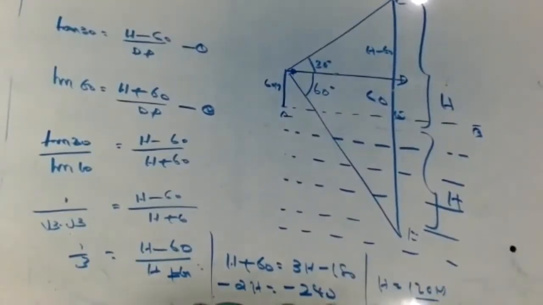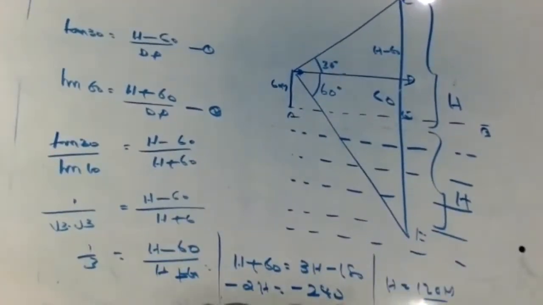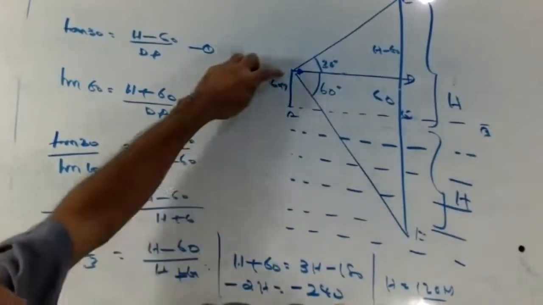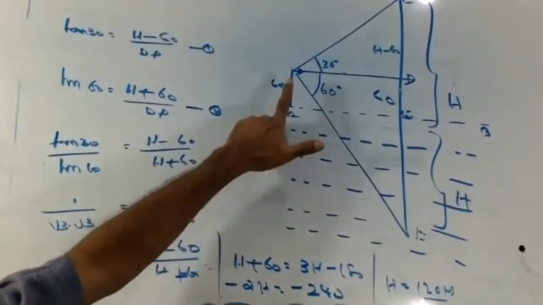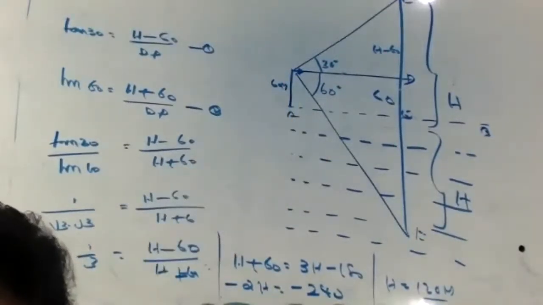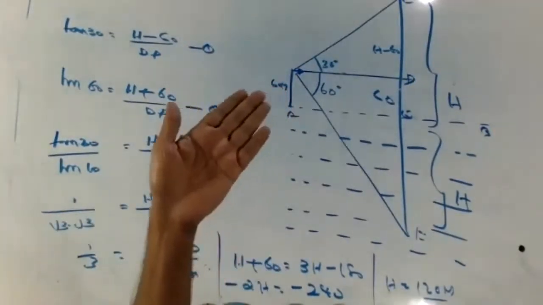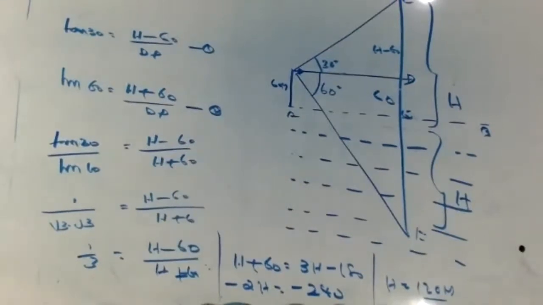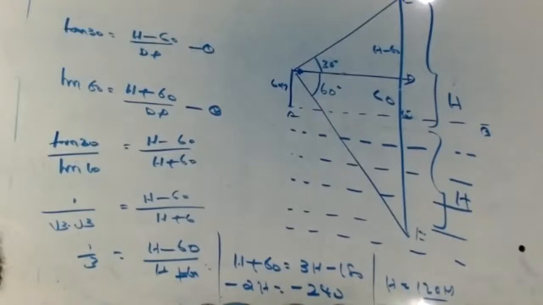Okay, I'll explain the question again. Listen here. Look at the question again. Originally, the guy is sitting 60 meters above the lake. Then he viewed a cloud at an angle of elevation of 30 degrees. After that, he looked down, and the reflection of the cloud is at 60 degrees. That part understood?